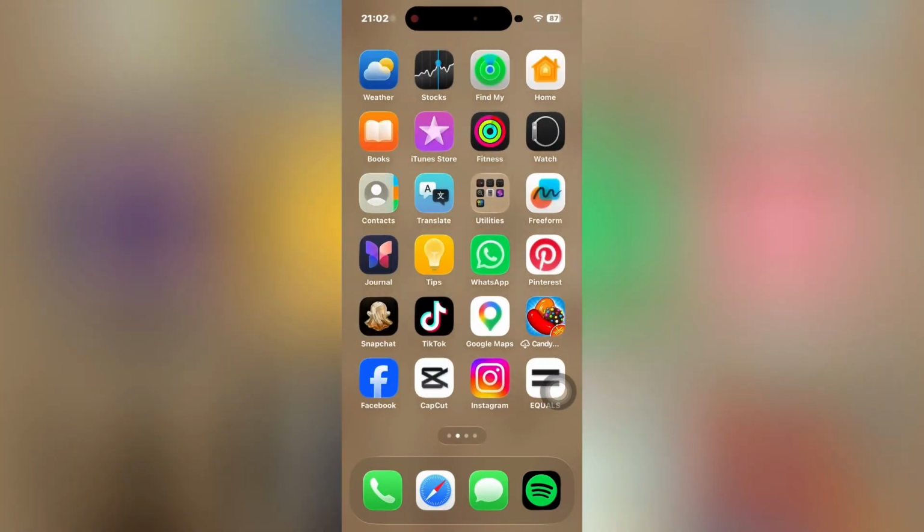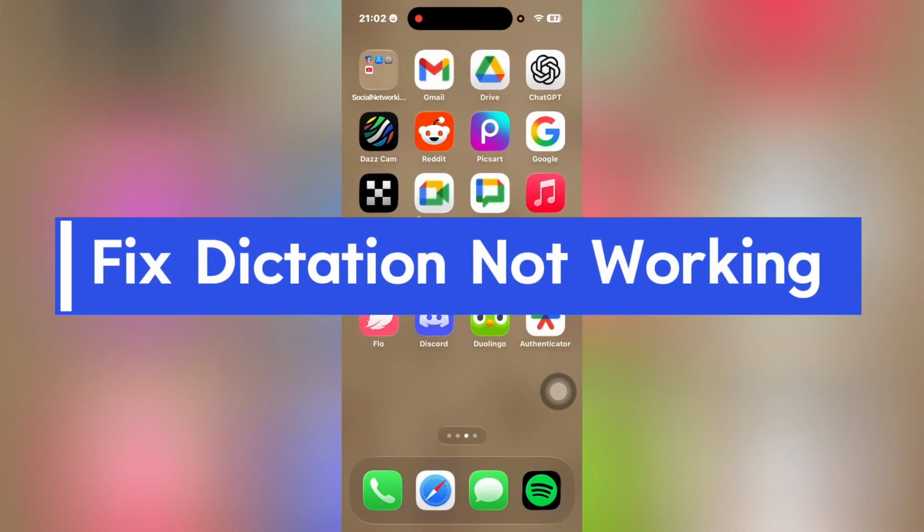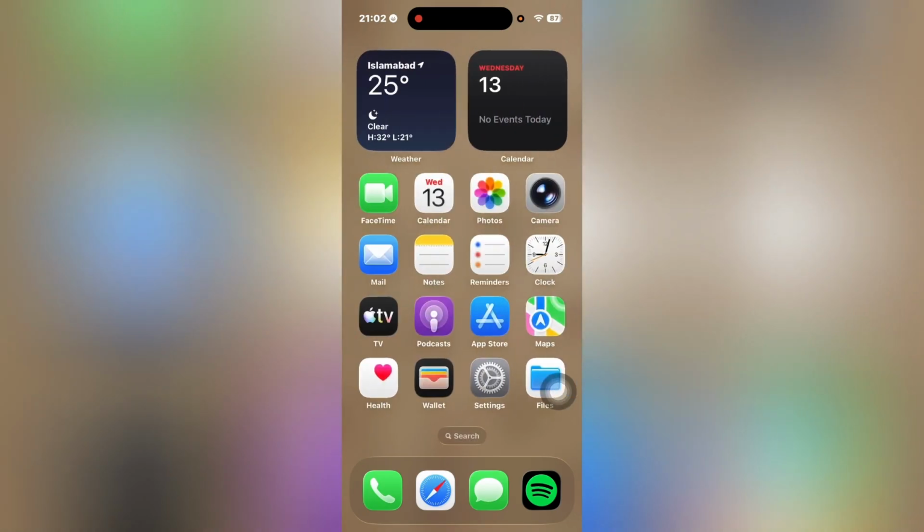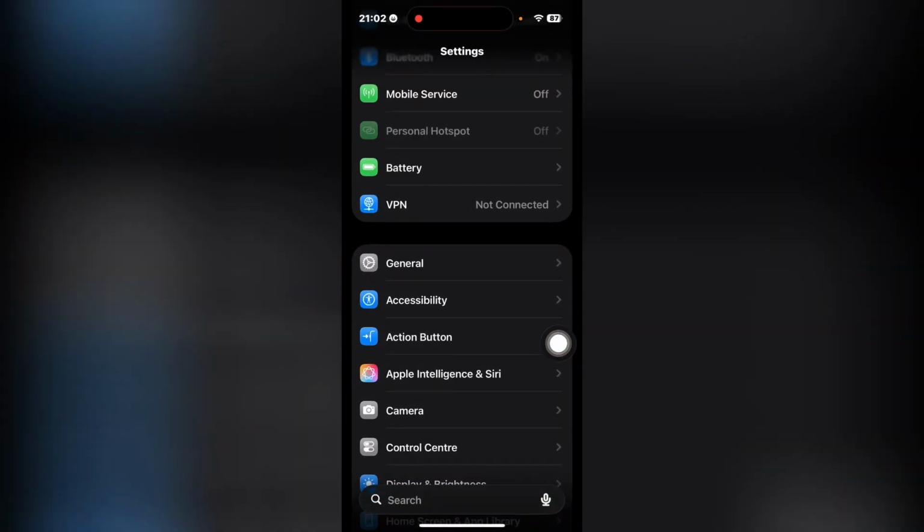In this video, I'm going to show you how you can fix if voice dictation is not working on iPhone. So let's get started. First of all, you're going to head over to settings and here you're going to click